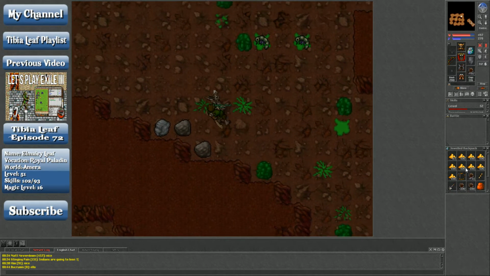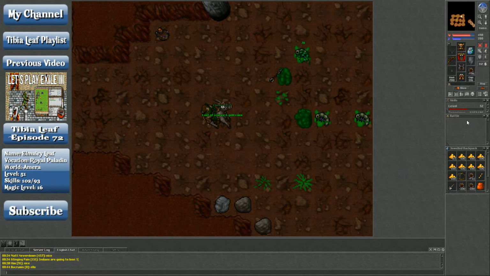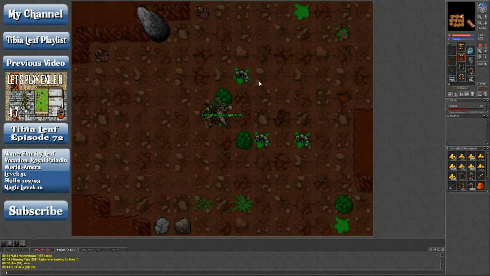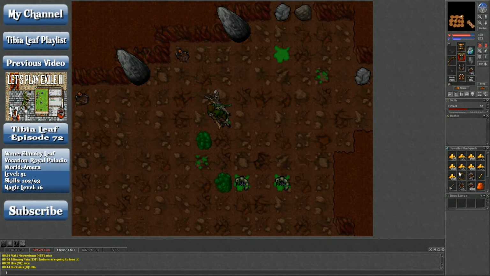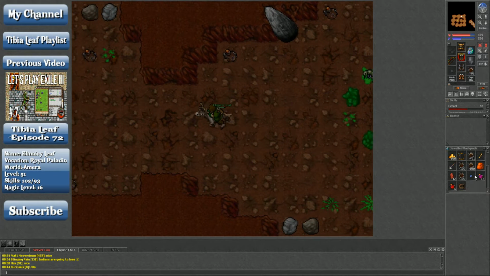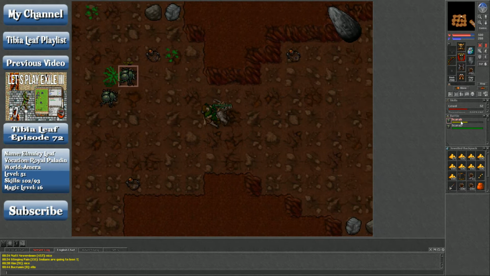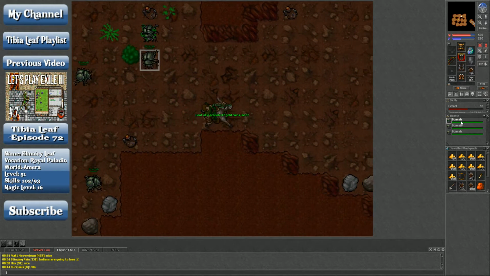On a side note, why is Leaf not wearing anything in his necklace slot? Why am I not wearing a platinum amulet? Was I always not wearing a platinum amulet? Maybe I took it off for some reason? Strange. Thinking...